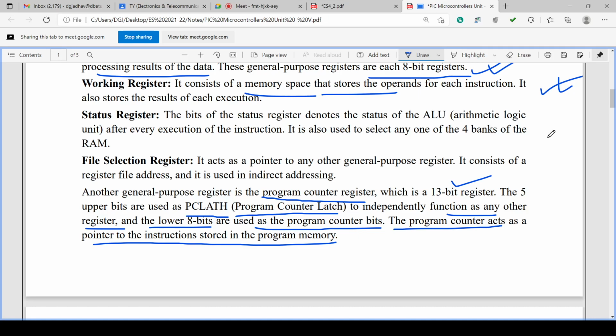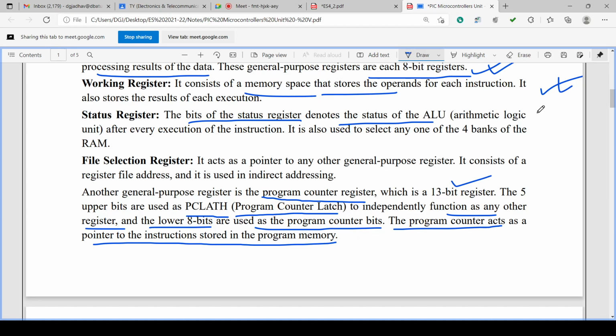Whatever execution is going on, whatever data is there in that execution is stored in the working register. Similarly, there is the status register. The bits of the status register denote the status of the ALU. The arithmetic logic unit executes some instruction, and due to that execution, what is the status change of the arithmetic and logic unit?